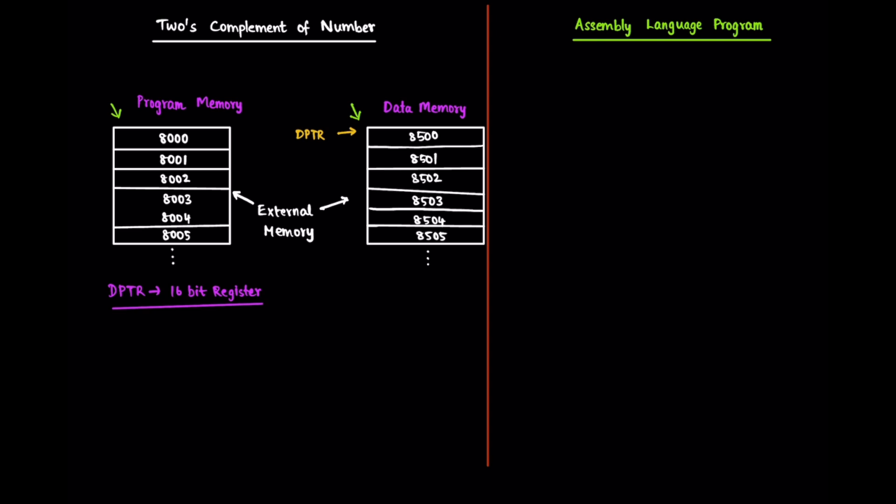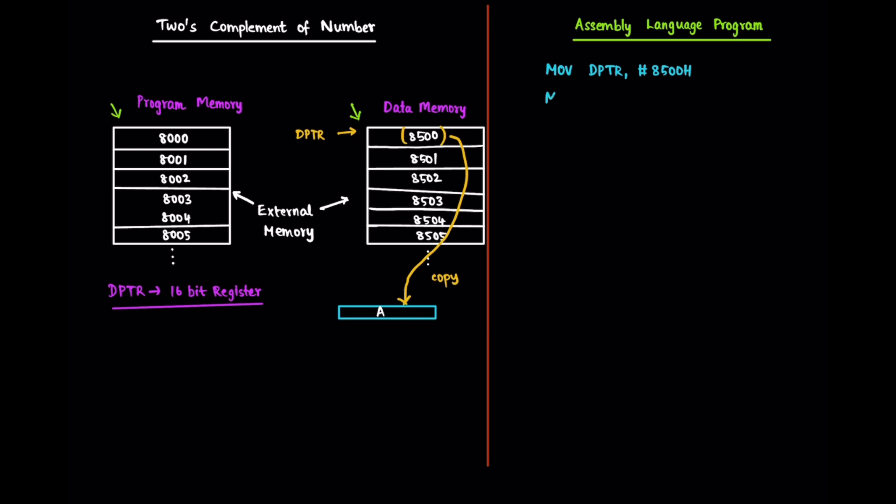And the assembly language program for that is MOV DPTR, #8500H. Now we know that there is a register present in the 8051 microcontroller called the accumulator. What I'm going to do is copy the value which is present in 8500 into the accumulator register. Since the accumulator register is present inside the 8051 and we are accessing the external memory, we